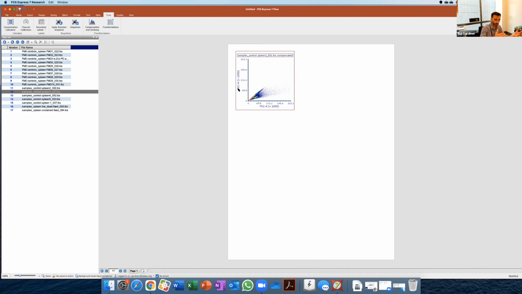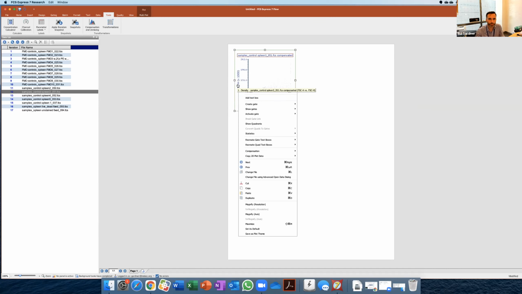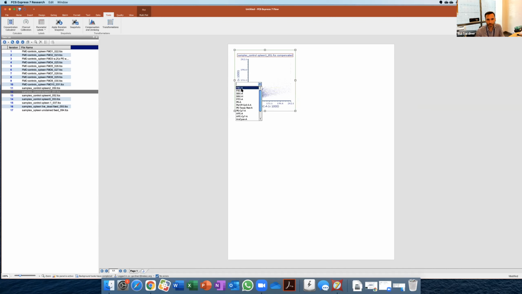You can start with the singlets, so the doublets exclusion. You can start with the debris removal. You can start with the live dead. It's really up to you. There's no right way to do it. Oh, sorry, they're all right ways to do it, but there isn't a single right way to do it. That's what I mean. Okay, so I'm going to start here with